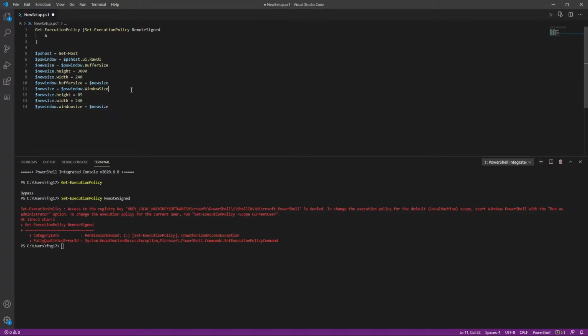Okay, so notice this block of code. It's got a lot of variables in it. Remember how we said variables just store information that we either call in PowerShell or that we manually input into PowerShell. So PS host is going to be equal to Get-Host. And what that looks like, if we look down below,